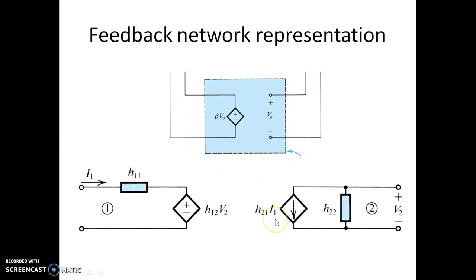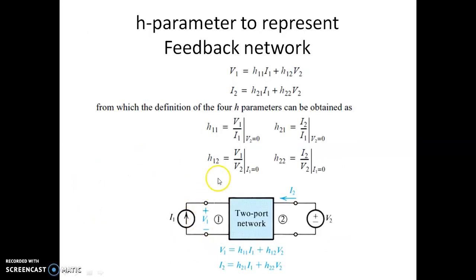So what we'll do is we will take a particular example and try to replace the given feedback network with an H parameter model, which is exactly modeled in such a way that we're going to sample the voltage and add the voltage, which has some H parameter values. We know that the H parameter has